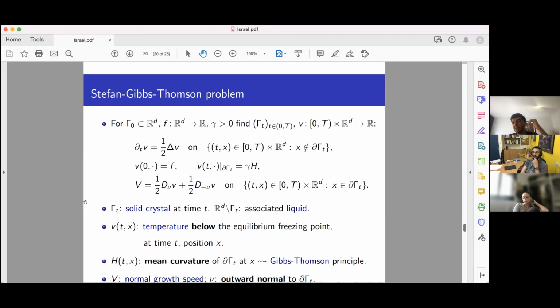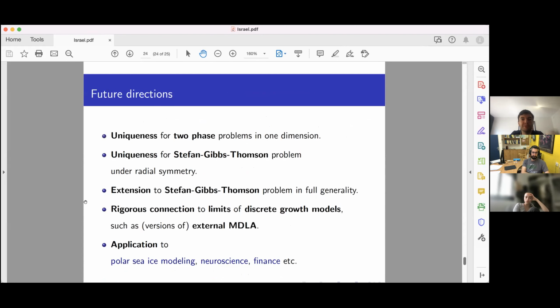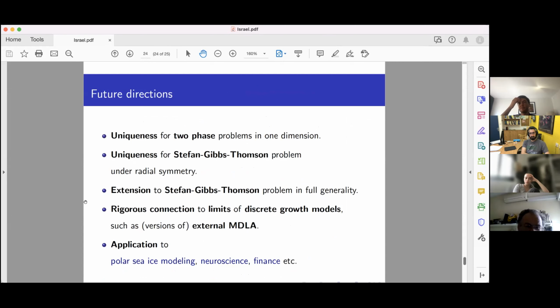And so in that problem, we hope that you can get both existence and uniqueness by our techniques. And, as a test case, we did get existence and are currently completing uniqueness in the radially symmetric case. So it seems like we're making progress on that problem. All right, so I don't want to go too much over time. So let me just mention one future direction. The most interesting future direction, in my opinion, is to get well-posedness of high-dimensional free boundary problems where you have such singular growth.